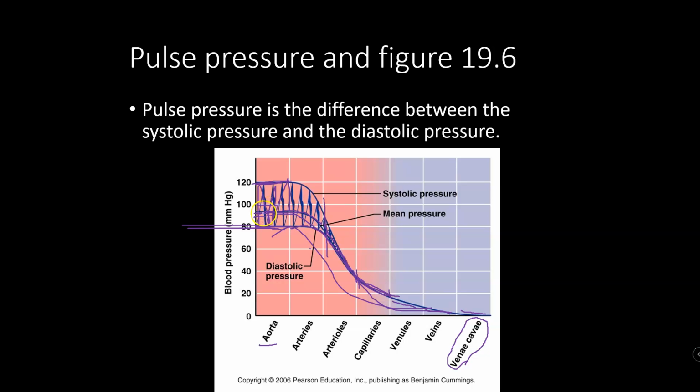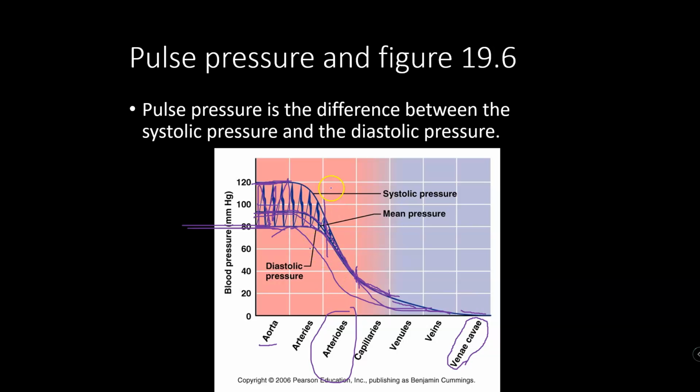One of the things that I want you guys to understand is you only have this pulse pressure, that difference, when you're in the vessels closer to the heart. As you get farther away, first the pulse pressure declines, and then eventually in the arterioles, you fully lose the pulse pressure. By the time you make it to the capillaries, we just have one pressure of the blood moving through those, and then we stay at just one pressure as we move through. So that's the first thing I want you to notice. We only have a pulse on the artery side. We don't have it on the vein side.